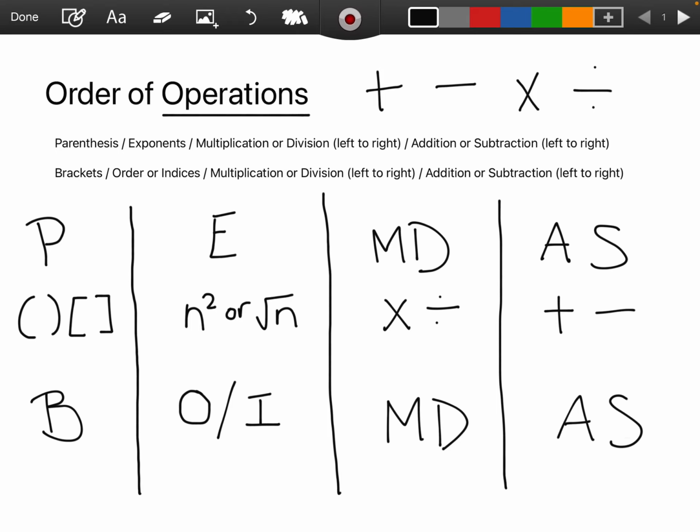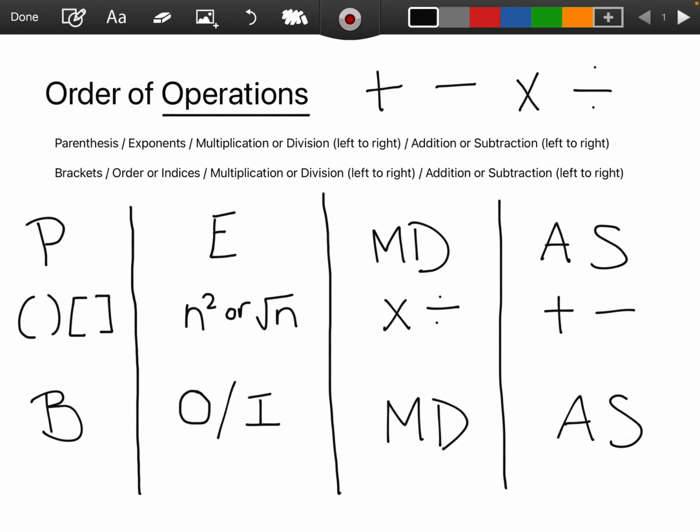Or you could have heard of BIDMAS, which stands for brackets, indices, division, multiplication, addition, subtraction. So you can choose whichever you're most comfortable with or what's easier to remember, but just know that they all